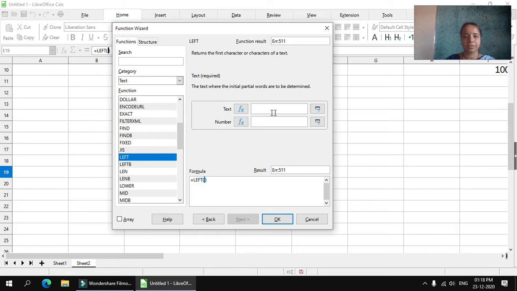Text may be anything. One word is there, application. Now from the left side, I want to extract only 3 characters. A-P-P, app. So how many characters are there? 3 characters.